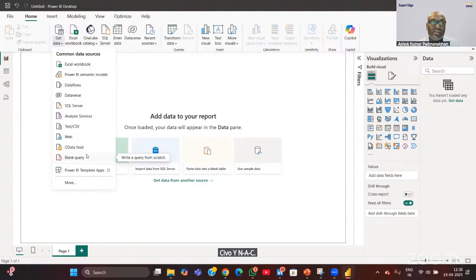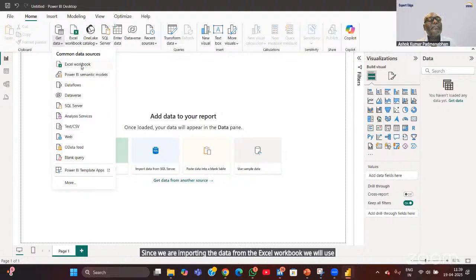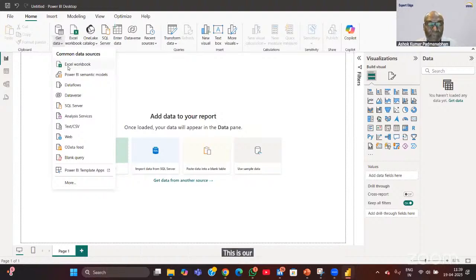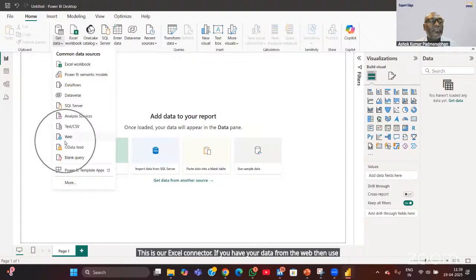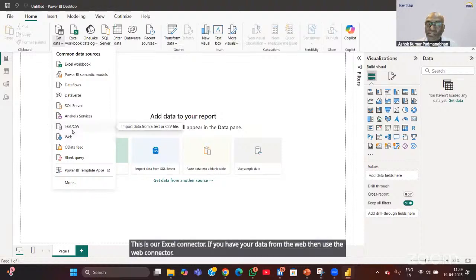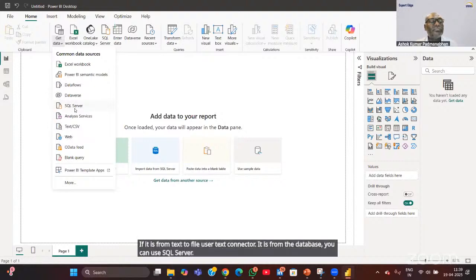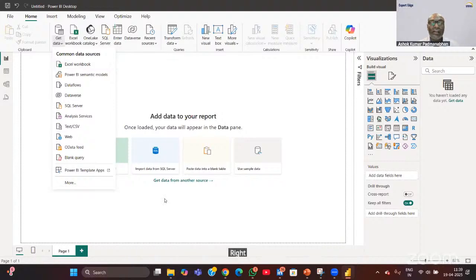Connectors. Since we are importing the data from the Excel workbook, we will use the Excel connector. This is our Excel connector. If you have your data from the web, then use the web connector. If it is from a text file, use a text connector. If it is from a database, you can use SQL Server. Right? Now, since my data is from an Excel workbook,